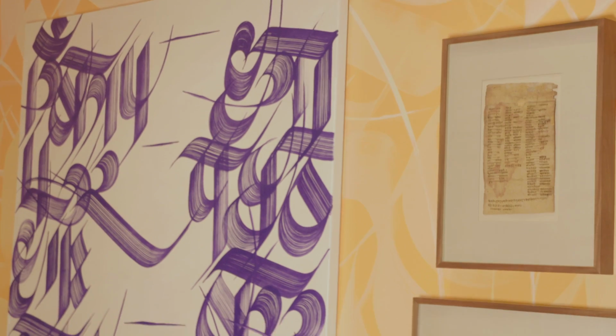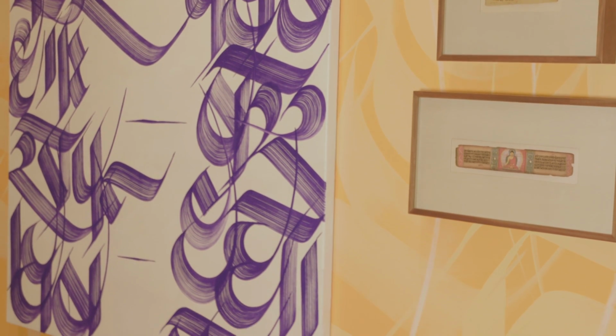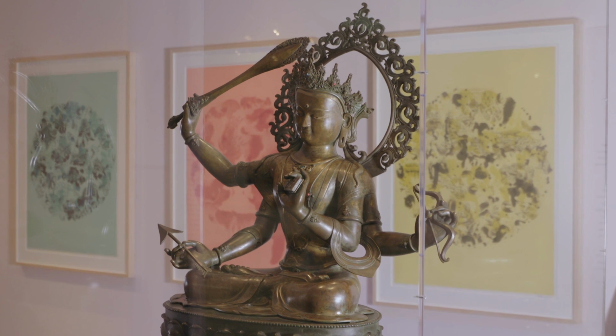We're reimagining ourselves as a museum without walls, and we will be having a new model of traveling experiences, exhibitions, long-term loans to really meet people where they are and to promote Himalayan art, not only in New York, but globally. The museum plans to loan objects from its collection to shows taking place this year in Milan and Chicago,